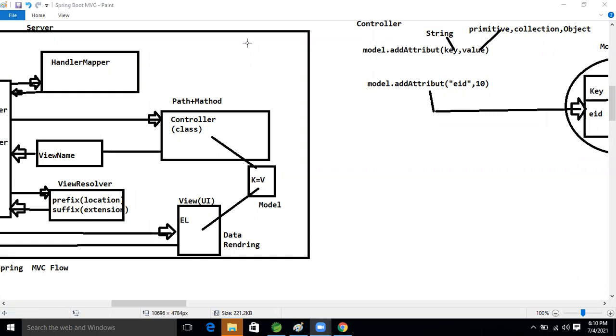Yes, Ravi. Expression language in JSP. Yes. What about others? Others are sleeping now. Or am I not audible, guys? Come on.